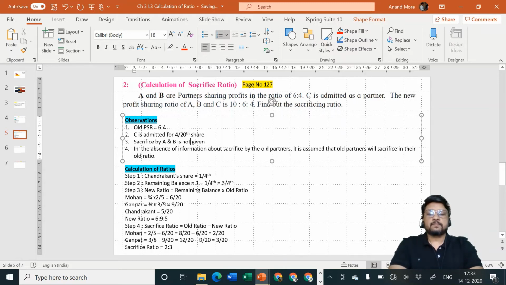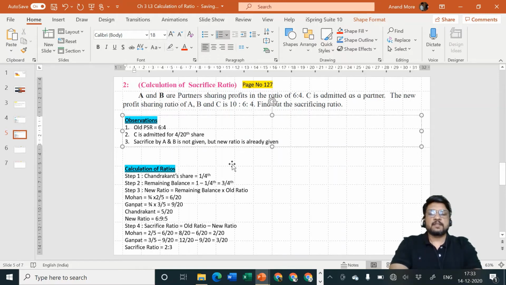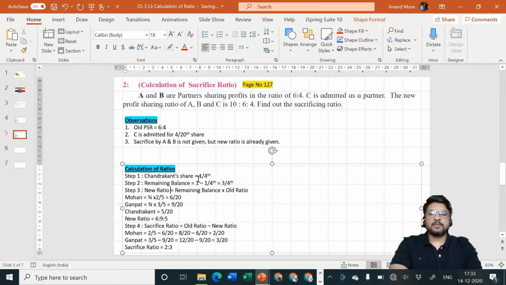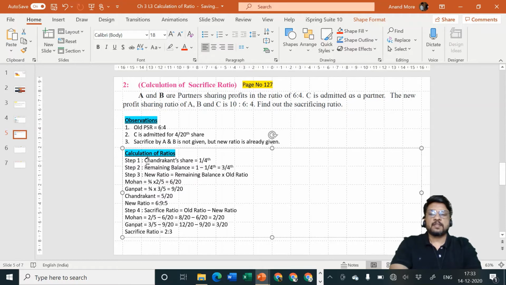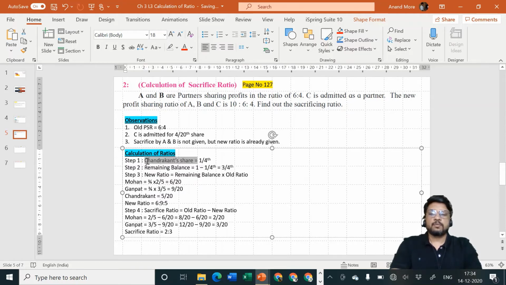But new ratio is already given. So I need not consider the fourth assumption or other things. Information is already available. So let me proceed now. Step numbers are not needed here. Step number 1, we can say old ratio is equal to 6:4. Step number 2 will be new ratio,